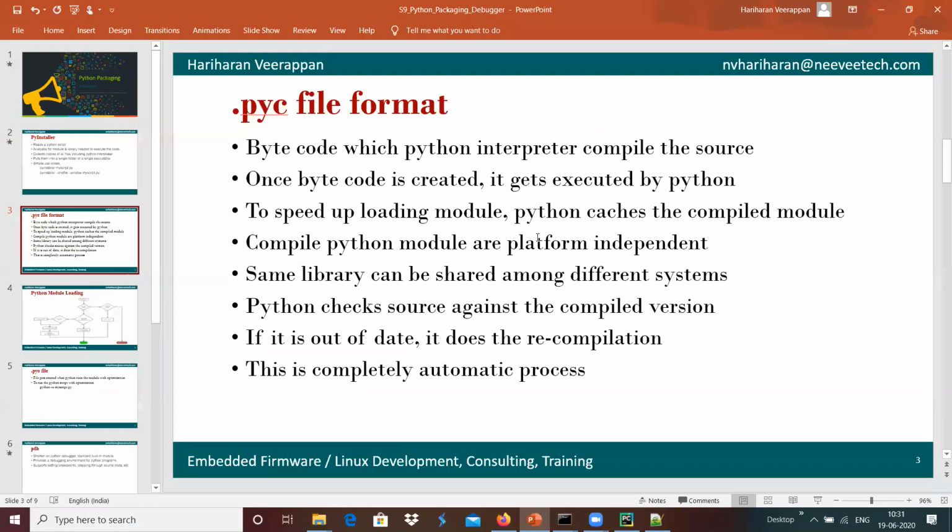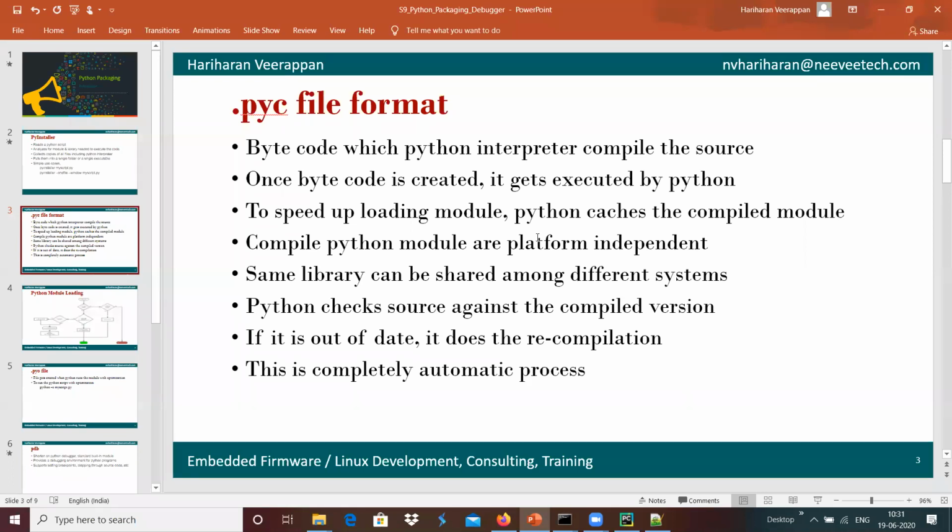Whenever we provide the Python source code file, the Python bytecode or compiled binary file will be created, and it gets executed by the Python interpreter. In order to speed up the loading of a module, the Python module can be cached in a compiled binary format.